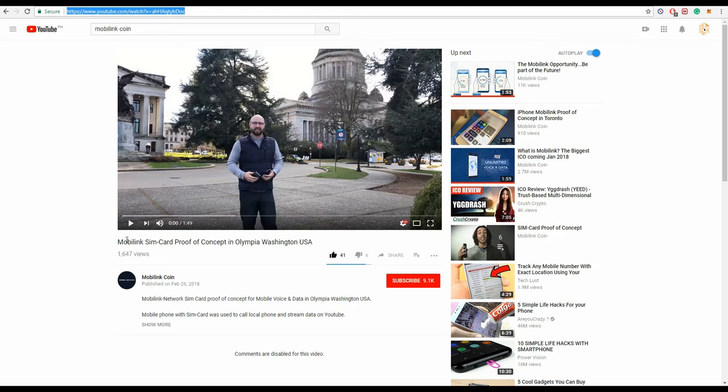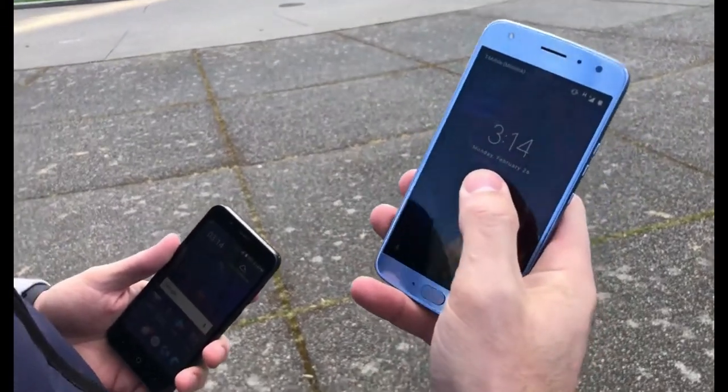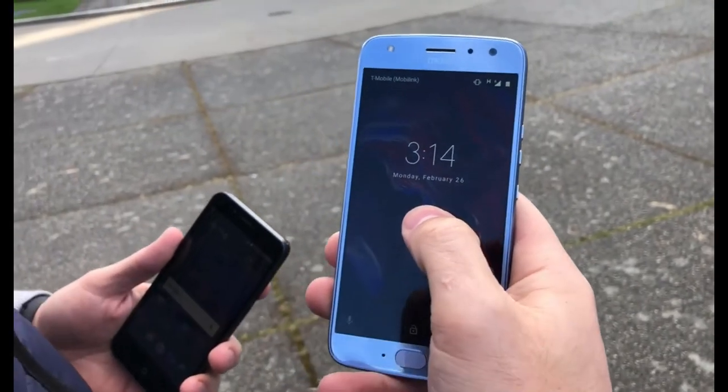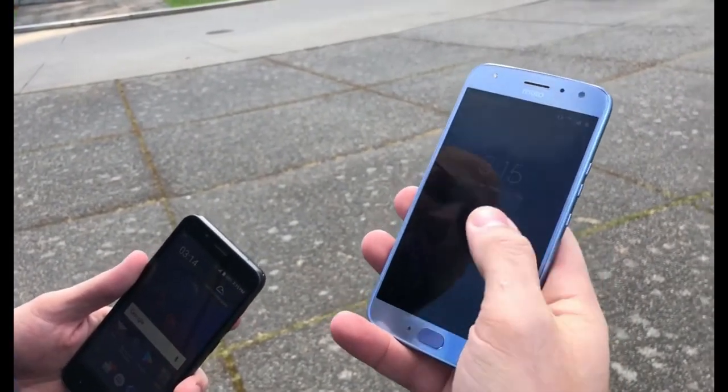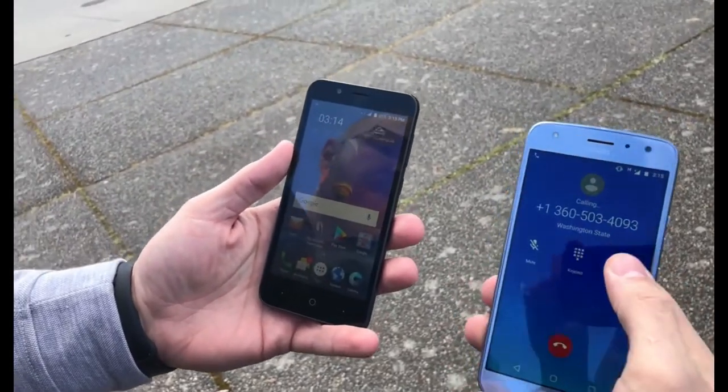Mobilink-Coin SIM card from a member of their team itself, Brian Thompson. Hey guys, it's Brian with Mobilink again. We're back with another video for you guys. We're here in the capital of Washington, Olympia. We're here at the State Building and we wanted to do another quick demo for you guys. This time we're going to be doing calling and showing data streaming at the same time. So I got a new phone today, so we're going to be calling this one using this Motorola, but I'm going to show you right here at the top. It says T-Mobile Mobilink. It's the same SIM from yesterday that was in the S8 Plus, I'm sorry. So we're going to go ahead and make a phone call, and we're going to call this phone here. I'm going to put it on speaker,